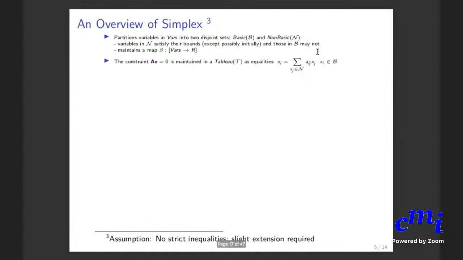Okay, and that's how it is done. And we'll assume that the equation Ax = 0 is maintained by the simplex algorithm as what is called a